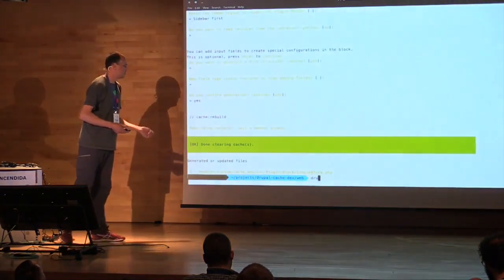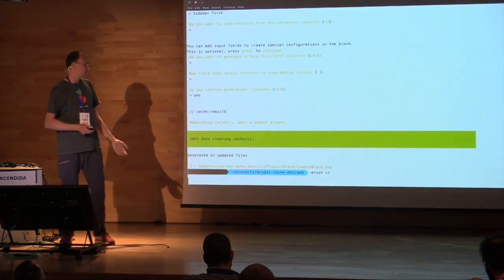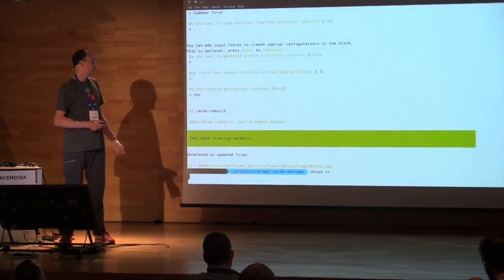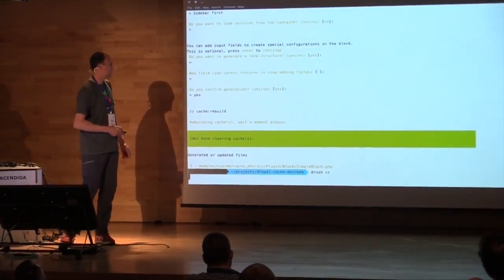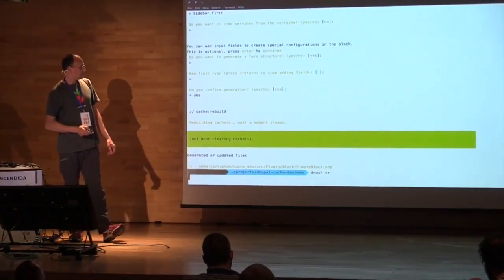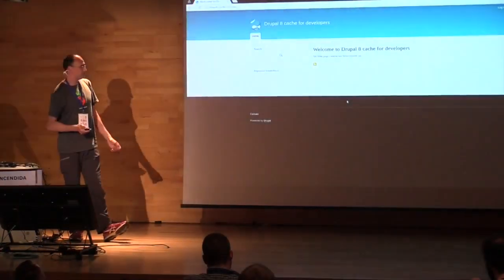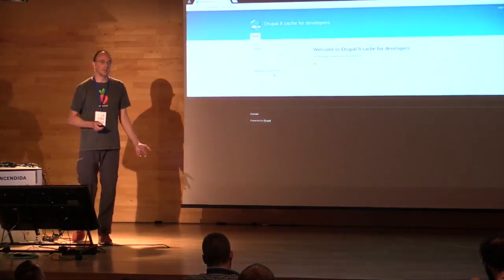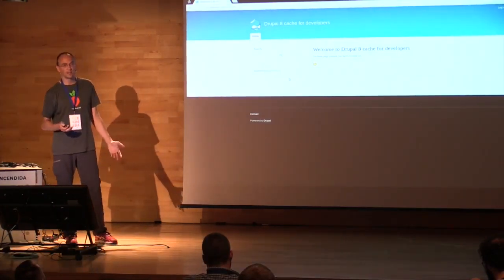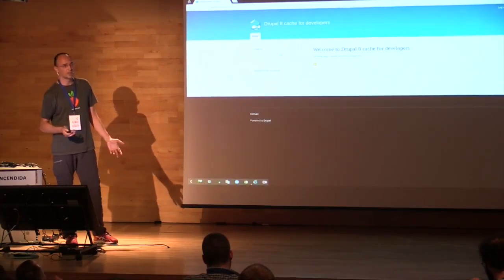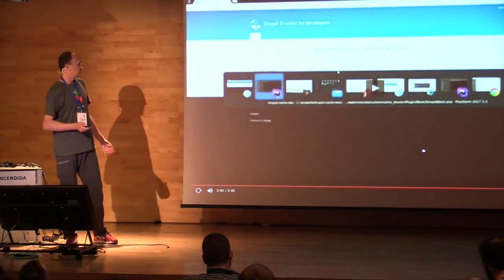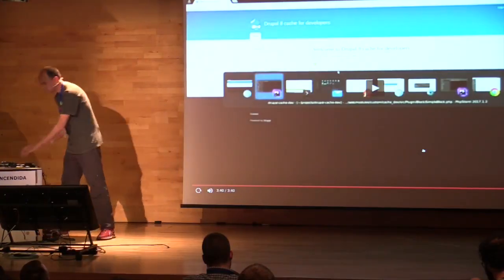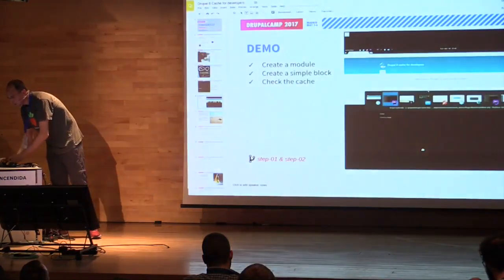So if I clear the cache, then I will see the change. What this means is that Drupal is coming with the cache by default, and it's going to be fast by default. But here we are going to have a problem, because every little change that we want to